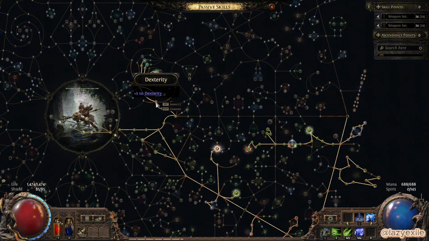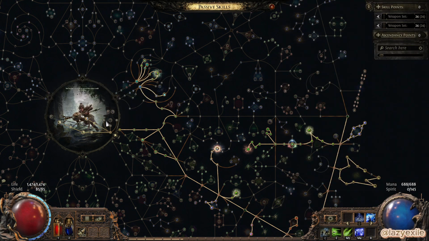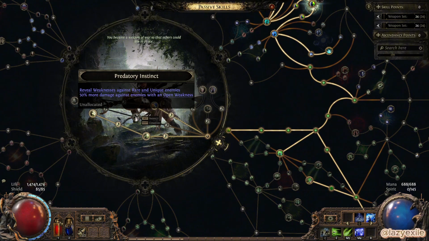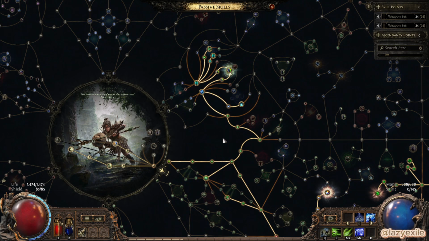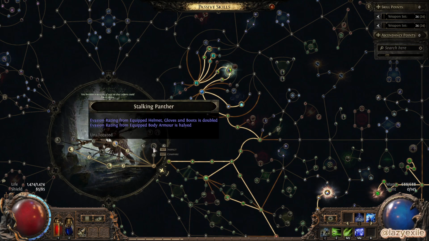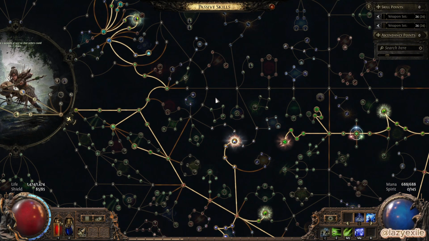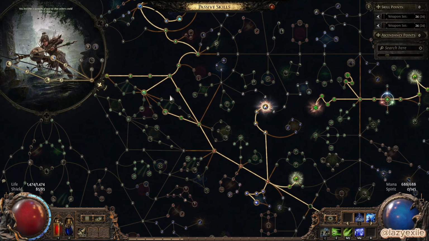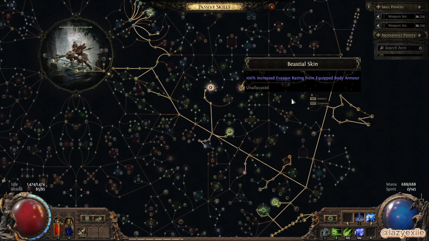If I'm going to build more defensively, it's gonna be getting more evasion on the gear total and getting the Stalking Panther. But I'm probably not gonna get that as well. I'm just gonna go for Predatory Instinct and just one-shot everything. That's like my playstyle, but if you want to be defensive, this is your option as a 4th ascendancy point. And so path up there, skip a few points down here. You don't have to take this note if you're not at my level, and you can drop a few points